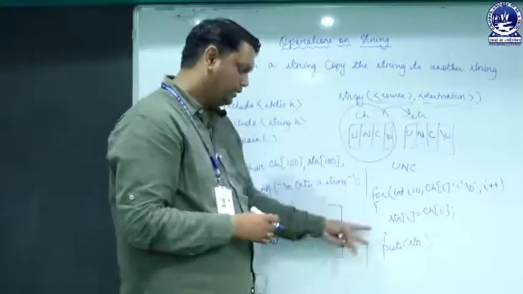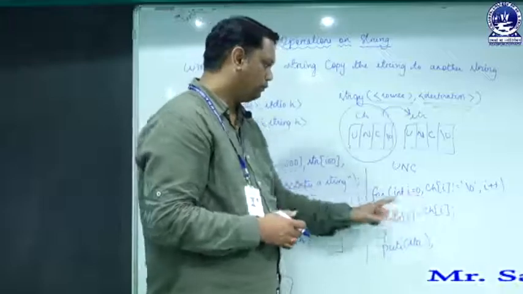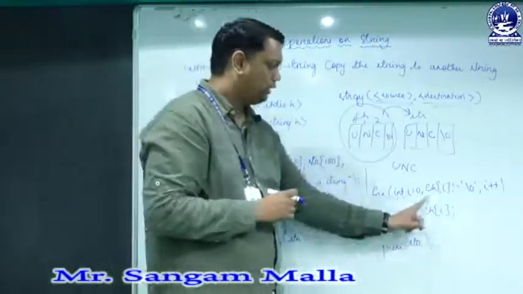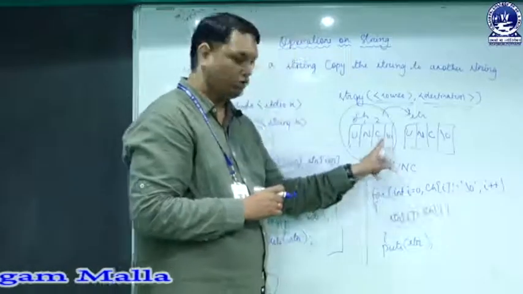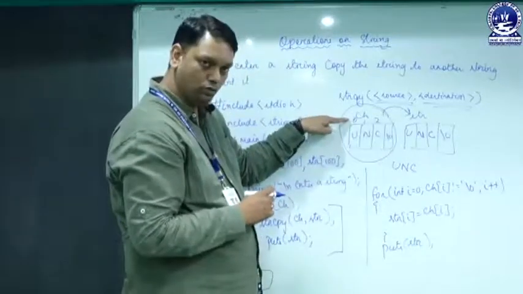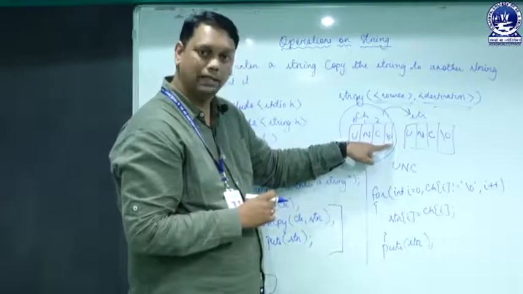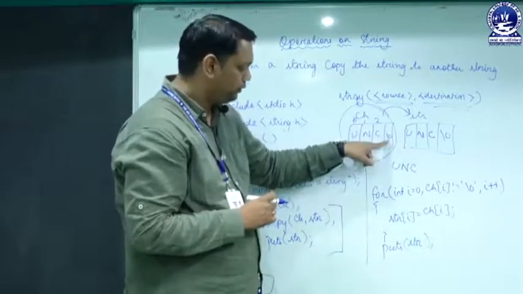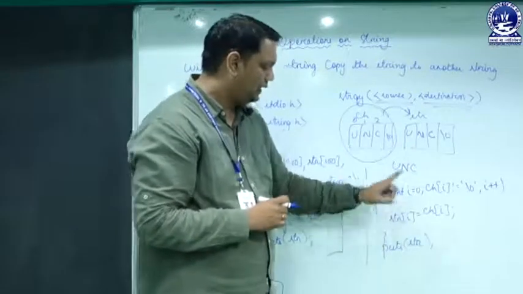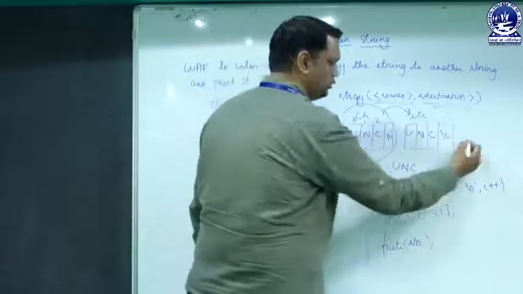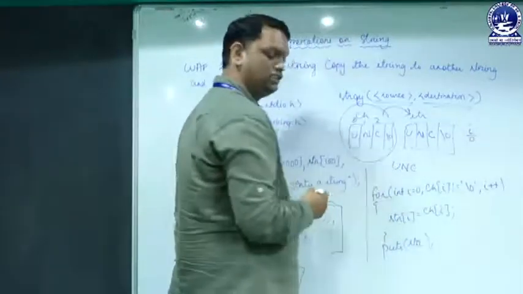That means this loop will start from 0 because the index starts from 0, and it will continue up to backslash 0. That means it will start from index 0 and go until it encounters a backslash 0. In between those, for str[i], let's take an example with a rough word. Let's say I have taken i equal to 0. So i will have the value 0.